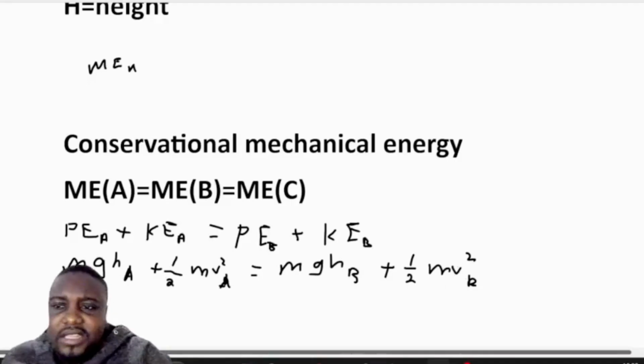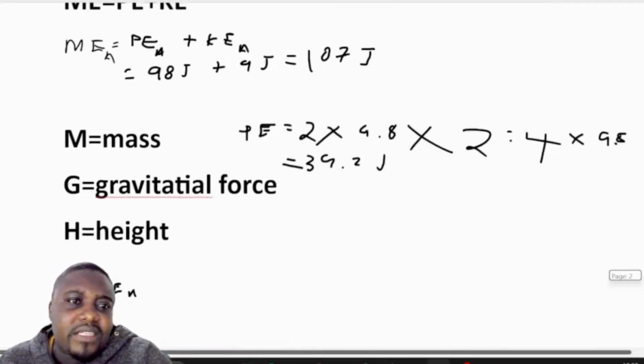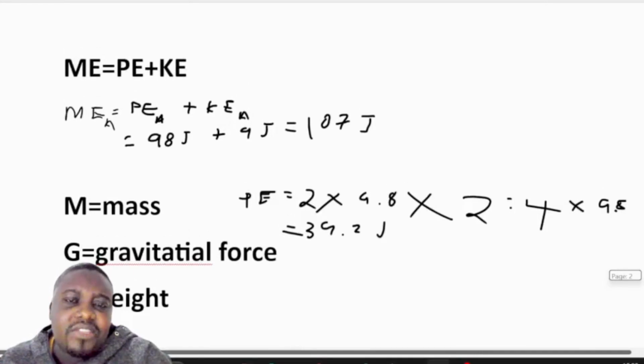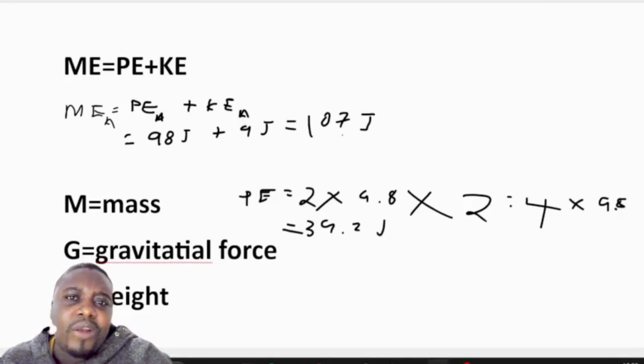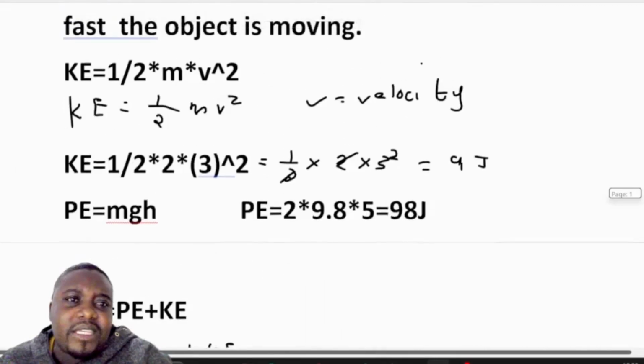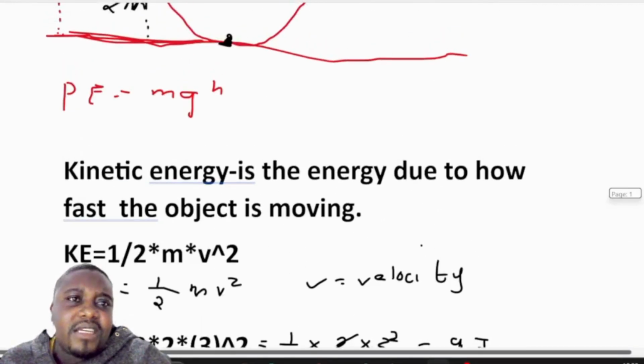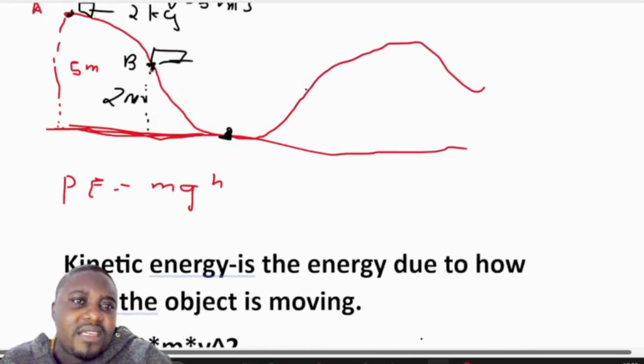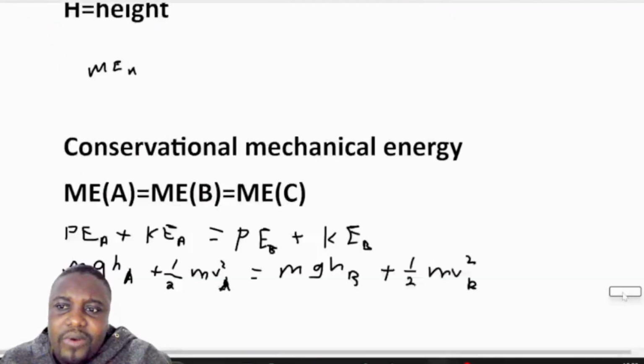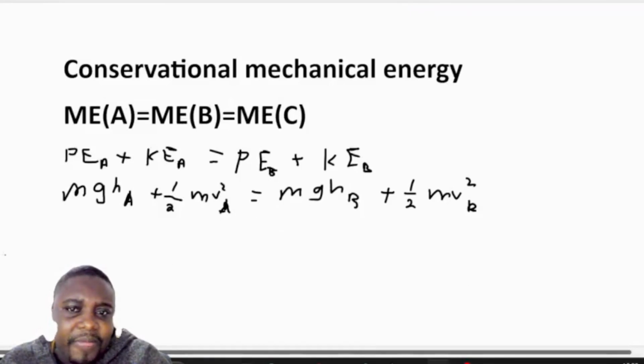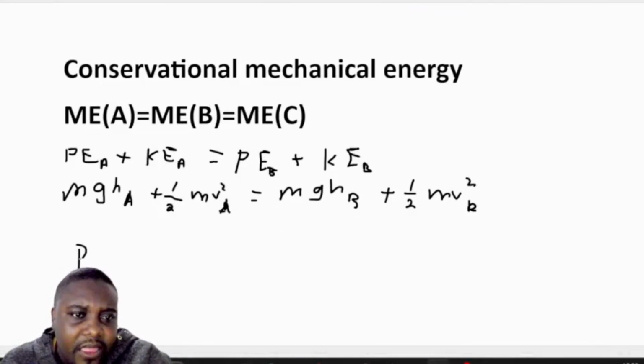So in this calculation that we are busy with here, we managed to calculate the kinetic energy at point A. We found that the kinetic energy at point A is 107 joules. Now let's say the question says, calculate the potential energy at B. So the potential energy at B is going to be PE at B is equal to